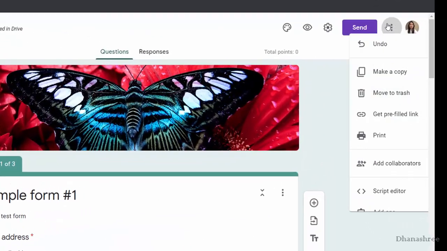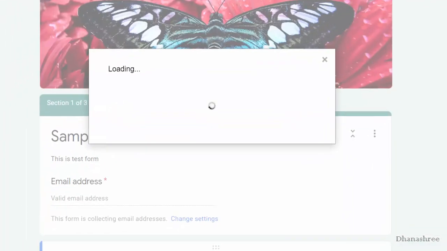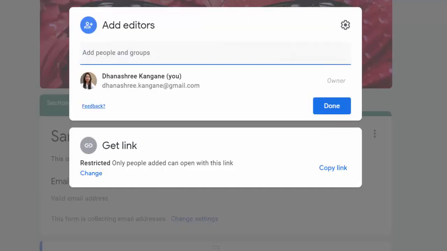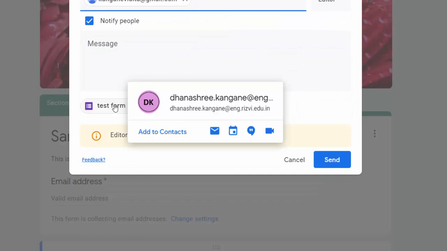If you want to delete your form, just say move to trash. If you want to print the questionnaire, this option will be helpful for you. Next is add collaborators. Currently, I am the owner of this form and only I have the rights to change it. So when I say add collaborator, I am giving permission to other people to edit it.